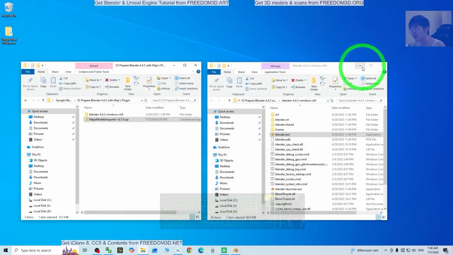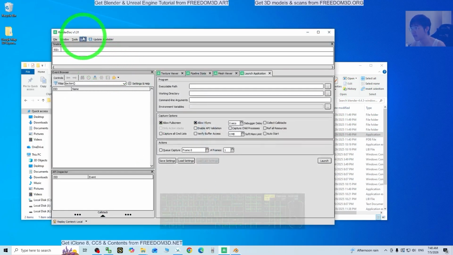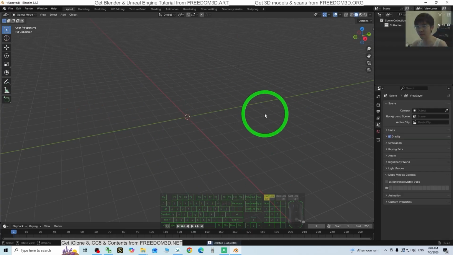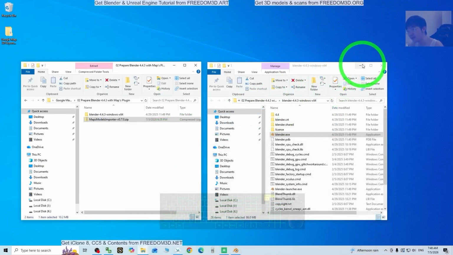Alright, next. So now you already have RenderDoc version 1.31 on standby and the Blender is ready. You click the empty area, press A, and press the delete button to clear everything from the Blender 3D scene, and now the Blender is ready. Next step,